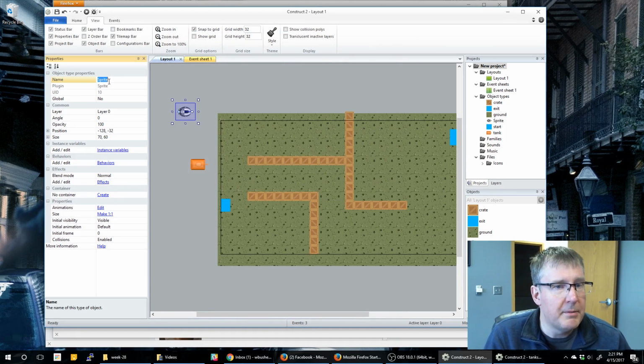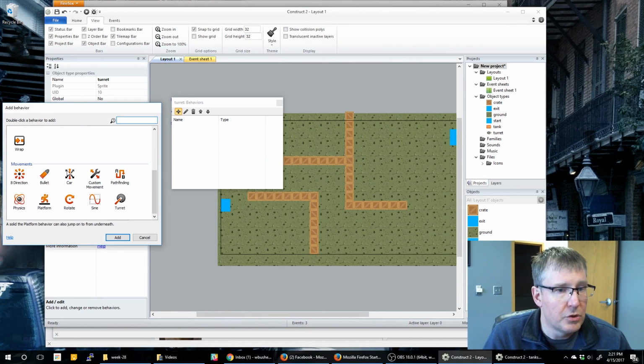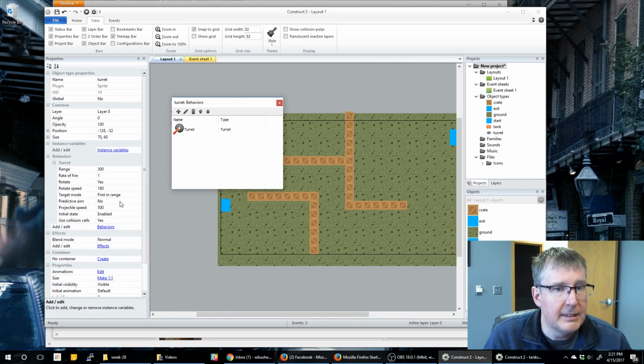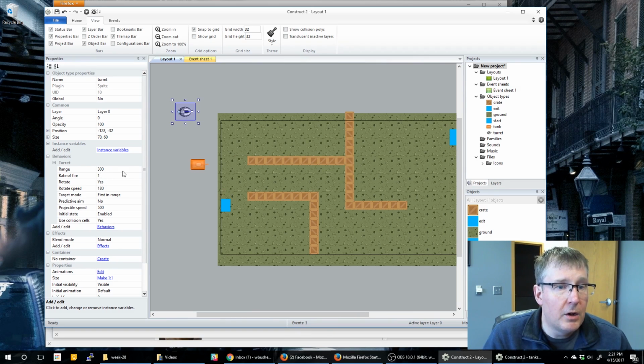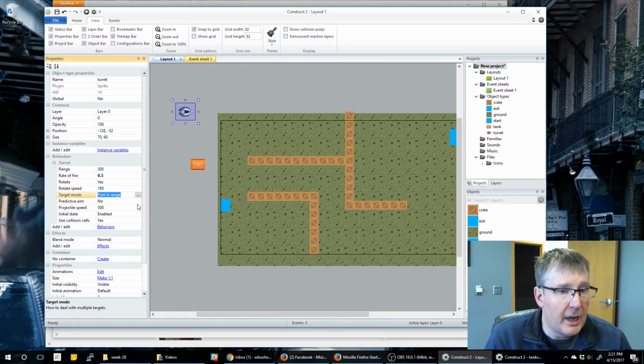So we'll go ahead and rename this to turret. And then we want to add the turret behavior. So we'll go ahead and add that. And then on the properties, you can tweak these some more if you'd like, but the rate of fire, this decides how many times per second it shoots. 1 is actually pretty slow, so let's make ours 0.5. And the other thing that we're going to change is